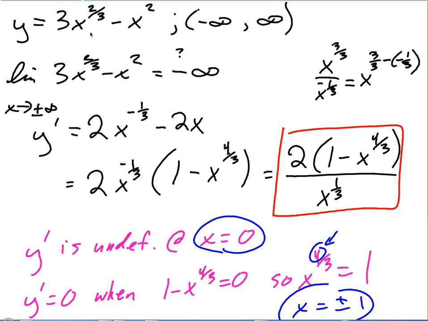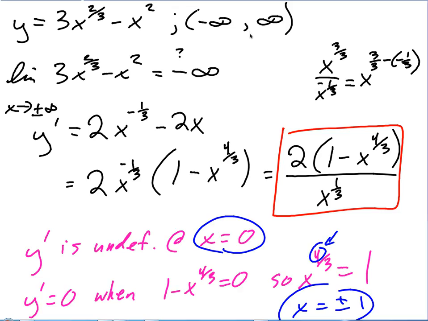So we asked ourselves, what would the domain be? Are there any places where x would prohibit the function from existing? Like any x's in the bottoms of fractions or inside even roots, and there weren't any, right? Because this ends up being an odd root. I've got a 3 on the bottom. And so we're fine. No restrictions on the domain. It exists everywhere, all real numbers.